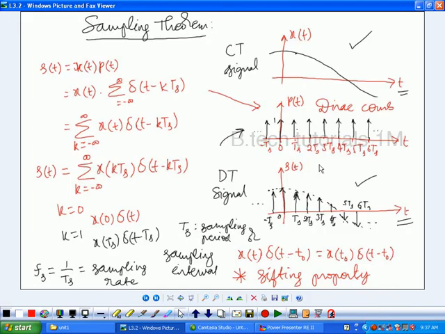So for that, we transform all these equations or all these waveforms into the frequency domain. So this is the time domain representation. Okay. So here the continuous time signal x of t is represented as a function of time. This is also represented as a function of time, and this is also represented as a function of time. So if you transform these equations into the frequency domain, in the frequency domain we can easily show that we can reconstruct the signal x of t from s of t. Understood?